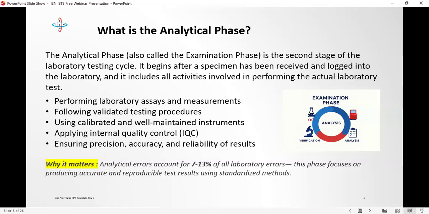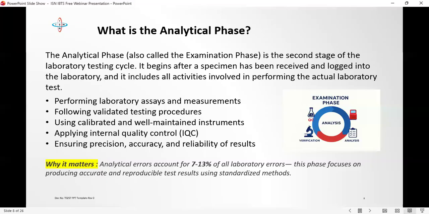Another important issue is reagent integrity. A reagent might still be within its expiry date, but if it has been exposed to improper temperature or storage conditions, its performance can degrade. And this is where experience becomes critical. We've had cases where we visited facilities, and those of them that use automated analyzers, you look at the analyzer and you see that